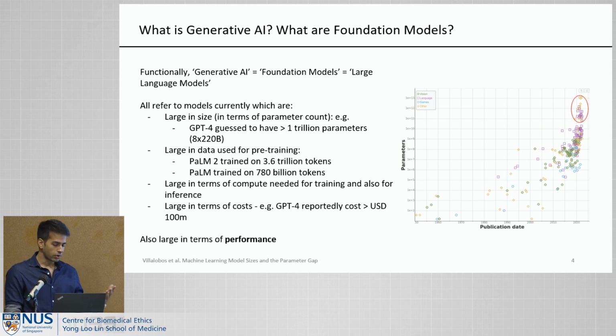And they're also large in terms of costs. GPT-4 reportedly cost over $100 million US. While these costs per model size are going to go down over the years, they already have. GPT-3 cost something like 4.5 billion in 2020. Now, if you're trying to train for the same level of capability, it'll cost about 450,000. But the size of these models is going to be pushed forward. All of this is very burdensome, but fortunately or unfortunately, they're also large in terms of performance. So that makes this a lot more worthwhile.